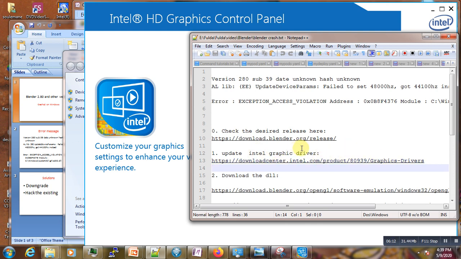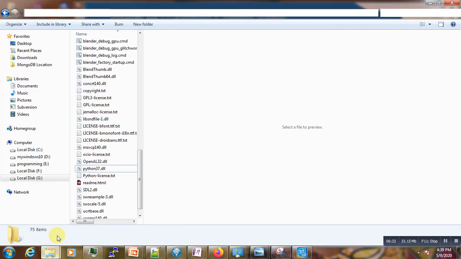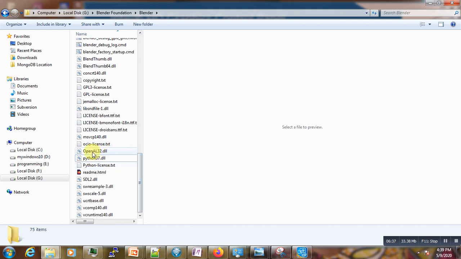Yeah. And the next thing that you have to do, which is very crucial here, and will be the art of solving the problem here, is to get the missing DLL. And as you can see here, if you go in the Blender directory here, we have OpenAL 32-bit, but we don't have the OpenGL DLL, and that is what is missing here.